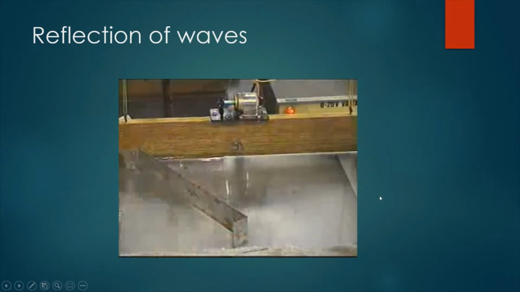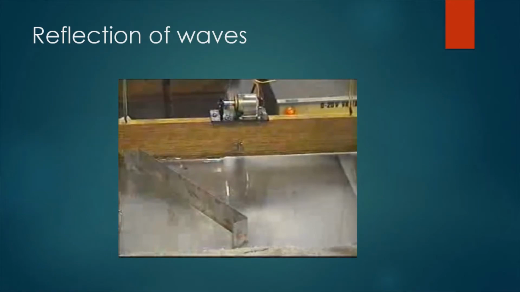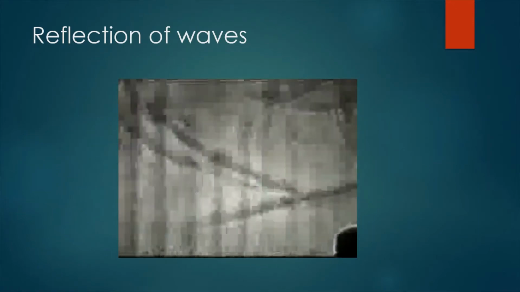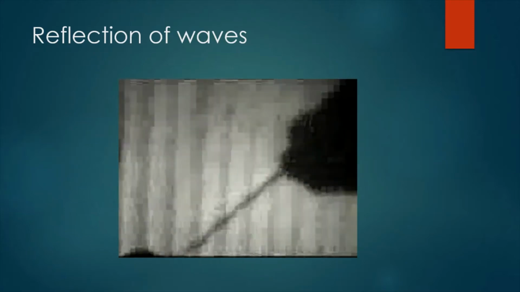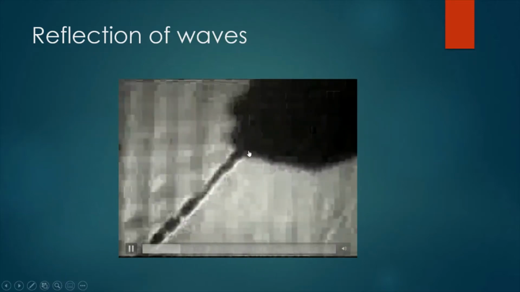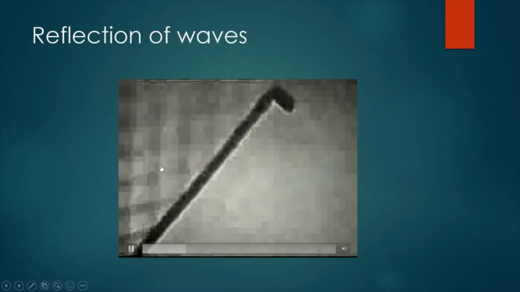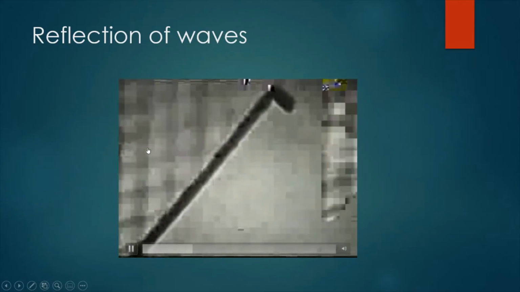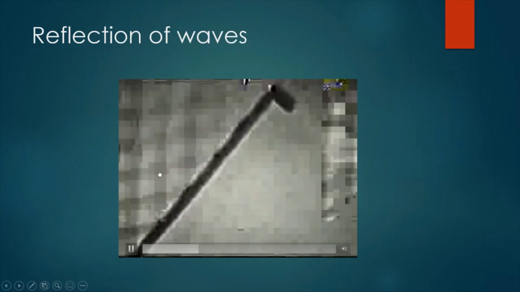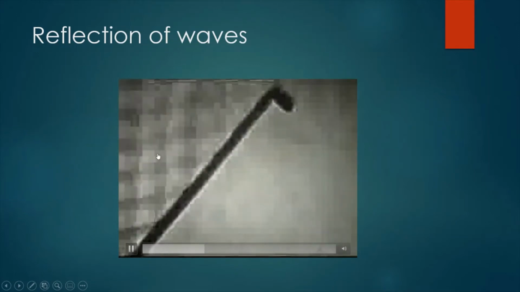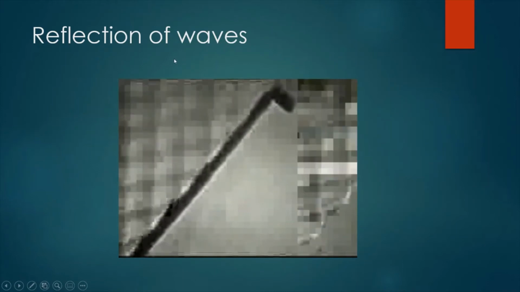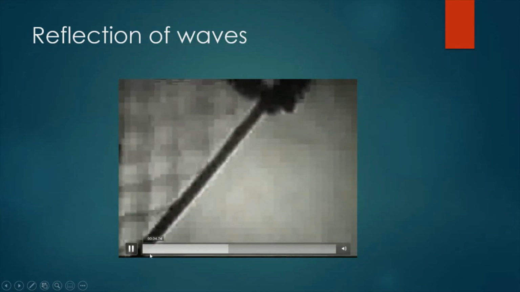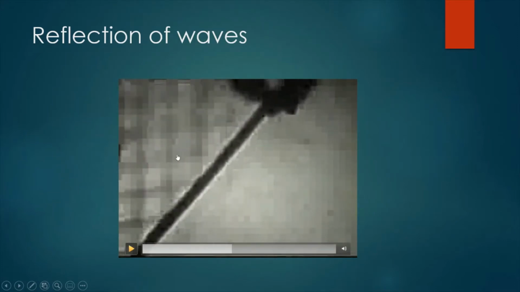Okay, this is a ripple tank. We are going to study reflection of water waves. So as an obstacle is placed inside the ripple tank, here you go, obstacle. You can see that the reflected wave and the incident wave form a square. This is the incident wave and the reflected wave bounces off that way. So they form a square,